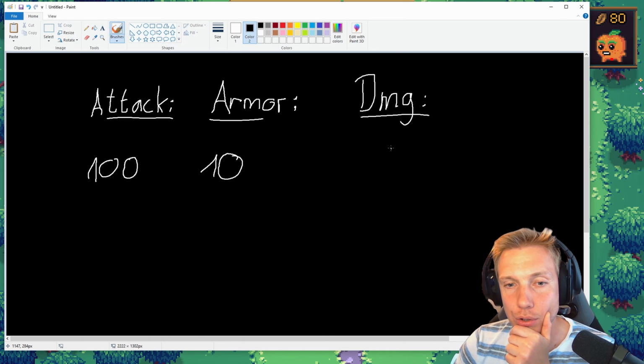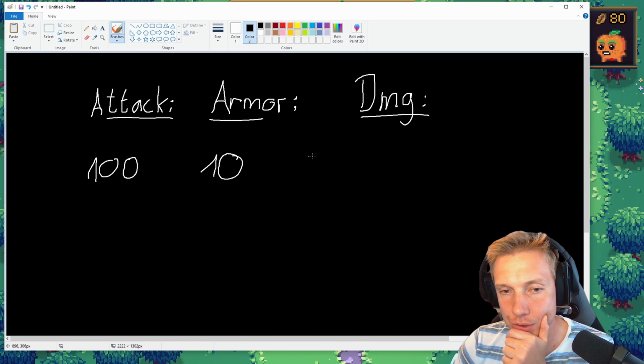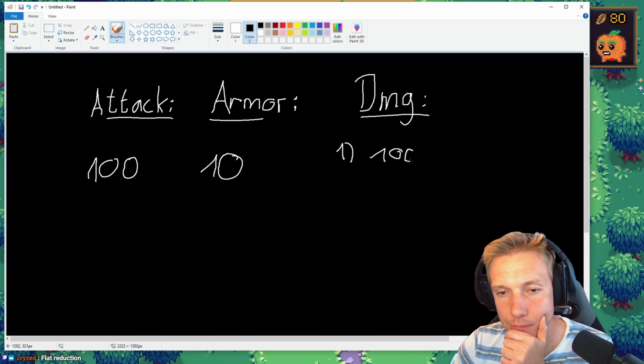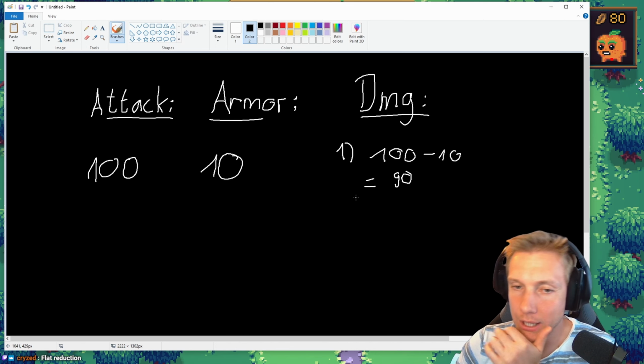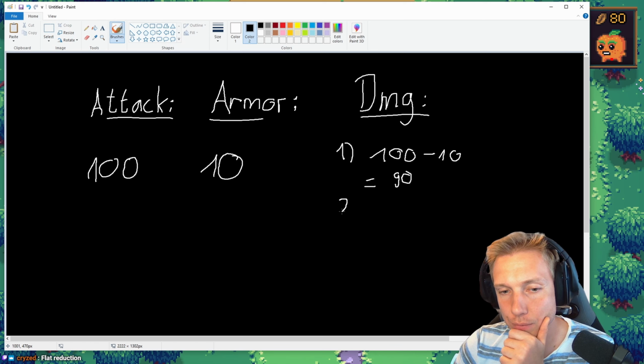So what I could do here to calculate, it could be a simple minus. Okay, so that would be option 1, where we do 100 and we do minus 10. That would result in 90. Then that's a flat reduction. Okay, that's option 1. Option 2 could be 100